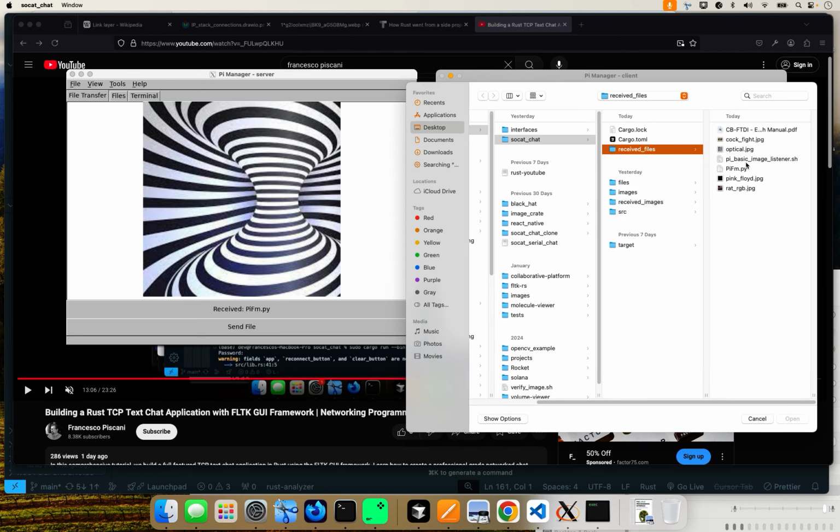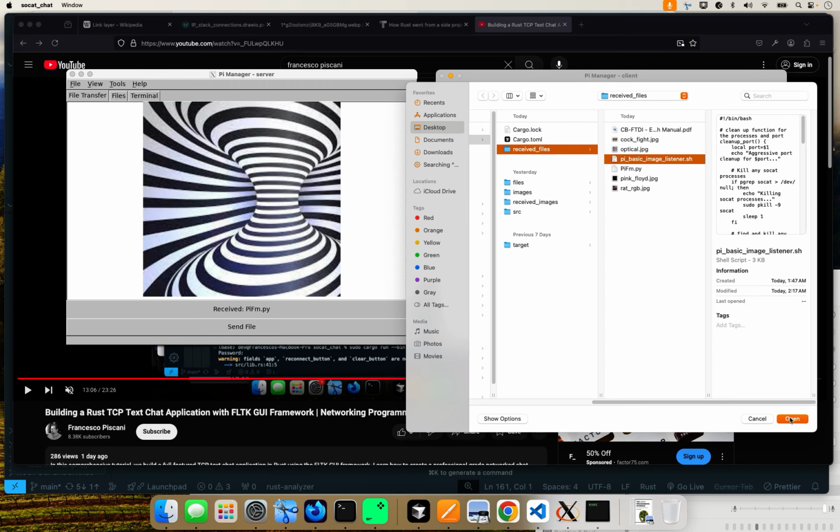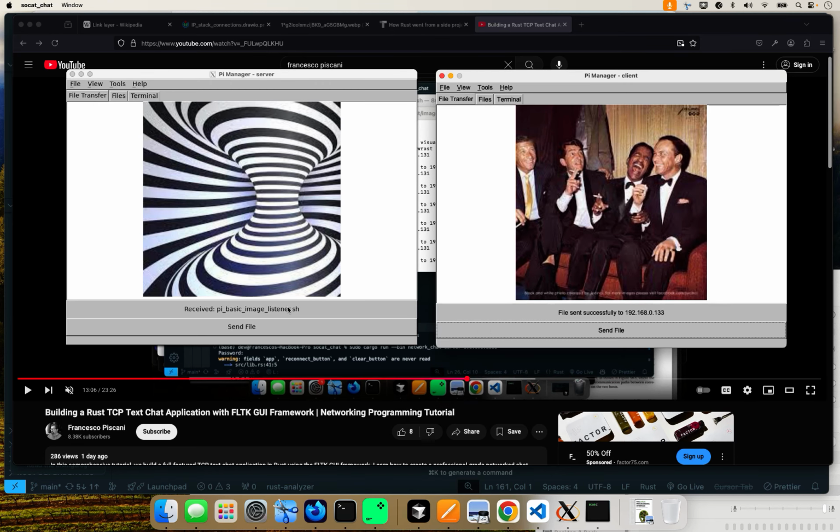There's a batch script, and look, it's right there. So you can go, without having to use secure SCP and all of that stuff, right into your Pi, right into your computer, from your computer to your Pi, images,